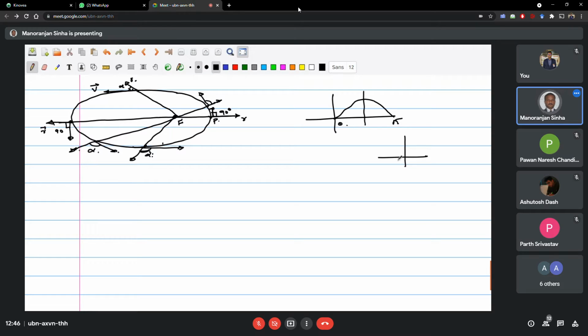With cosine, we have 1 at 0 degrees, and then it goes down to 90 degrees. So yes, using the cosine, you will be able to determine whether alpha is between 0 and 90 or between 90 and 180. So both of them can be used to resolve where the particle is lying in the orbit, and this is required while solving certain problems.